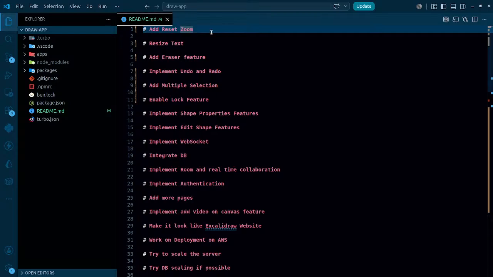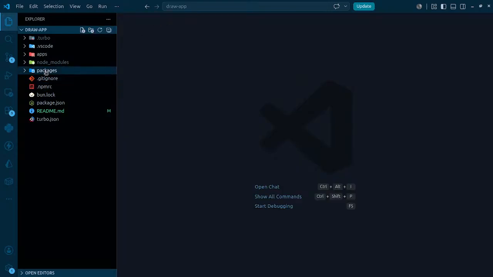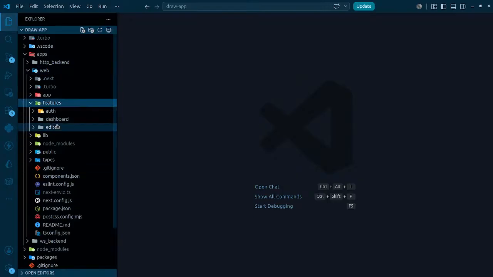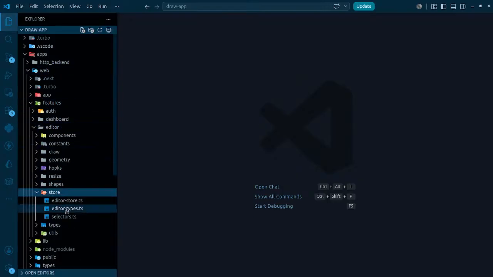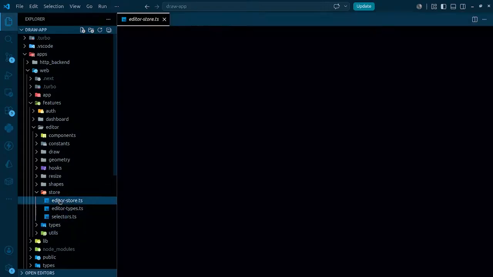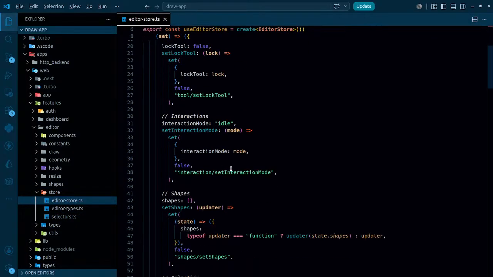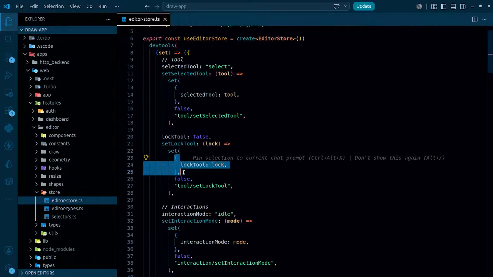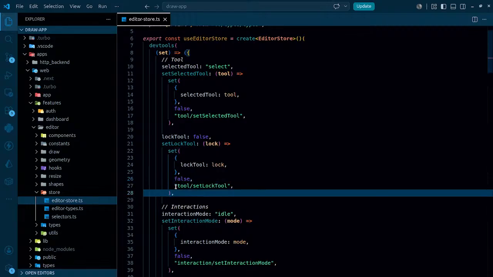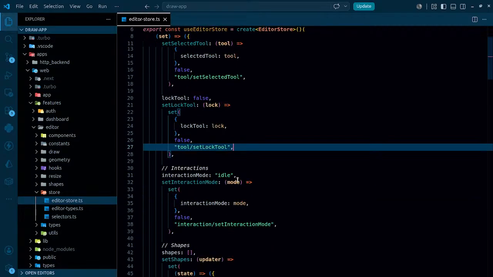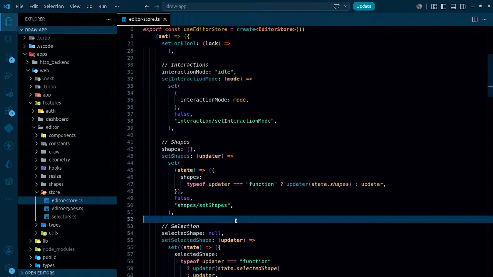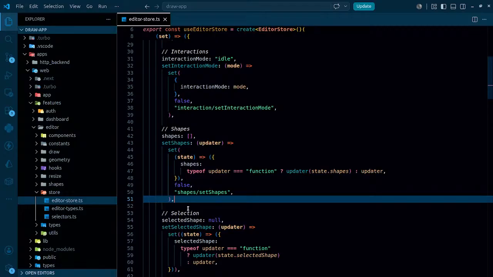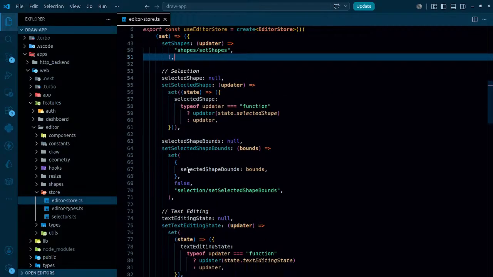The first thing is that we have to add this reset zoom functionality, but before even that, if I go to apps and web, of course inside these features I have editor, and inside editor I have the store of the editor itself. And if I come to editor store here, what all do we have? Even inside set we need to have the name and something false and the tool set lock. So let me do one thing. When it comes to updater, so we had this, we had false, and we had this, right? So for that sake,